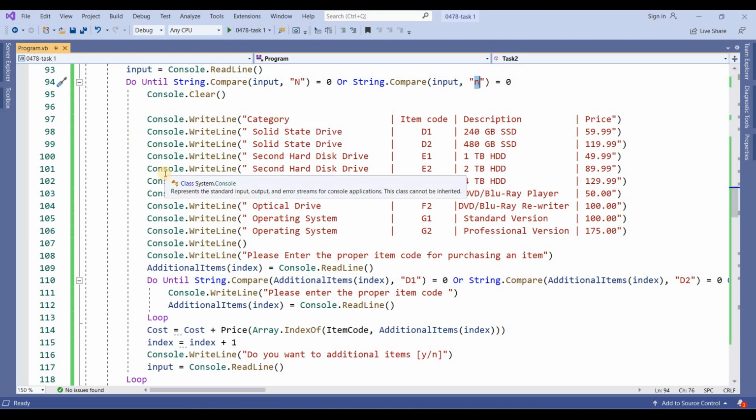If you enter capital N or small n, then it will stop. Otherwise, it will keep moving. It will clear the screen. And then these are just messages.